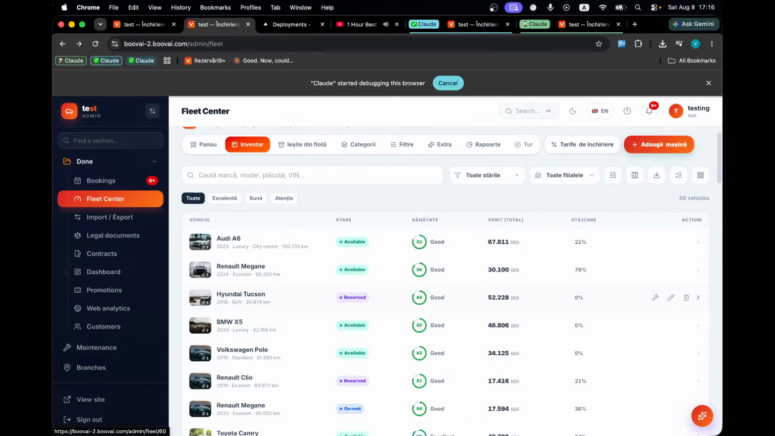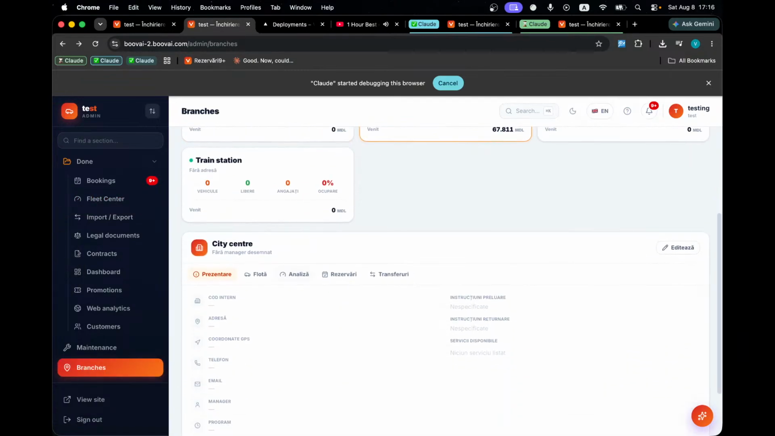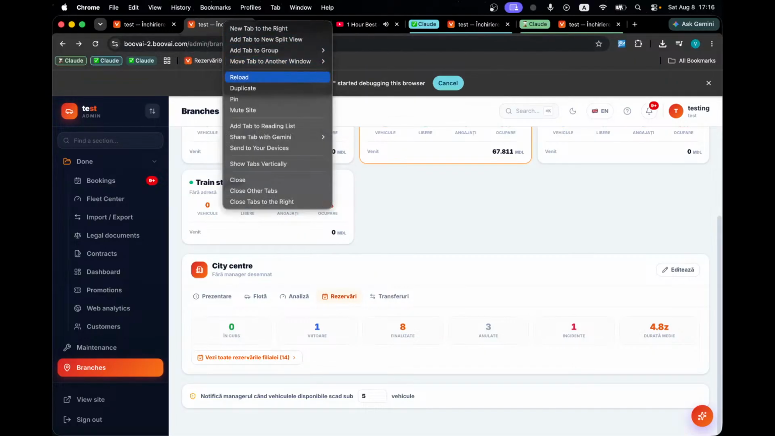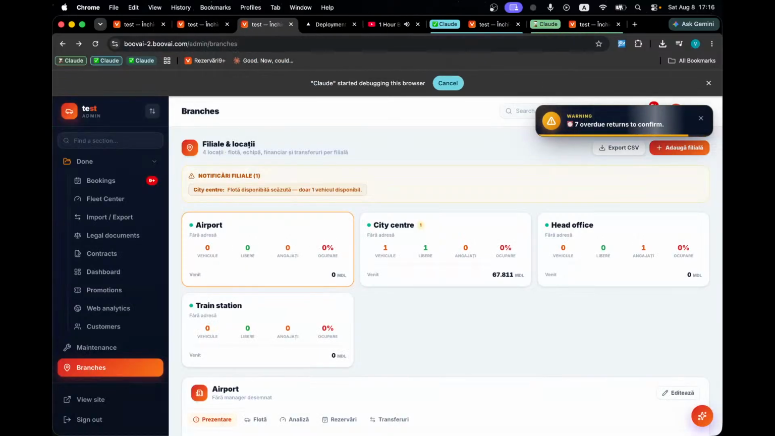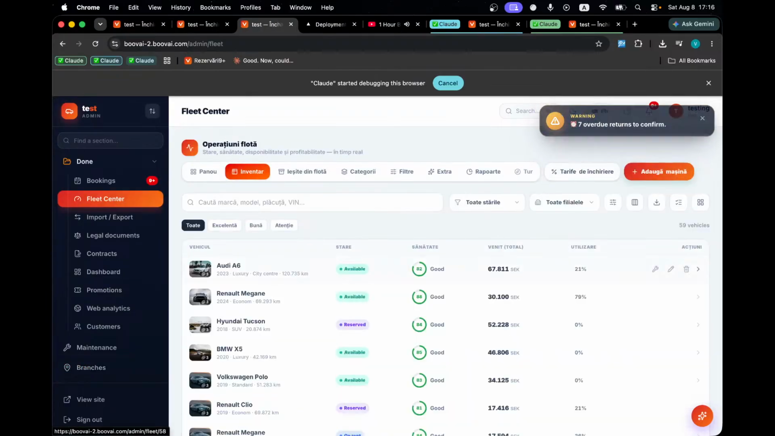Why is it not going back? 14, I think it is the right number. Yep, it is, but how? Wait a bit, let me duplicate it and actually see something here. Fleet center, Audi,